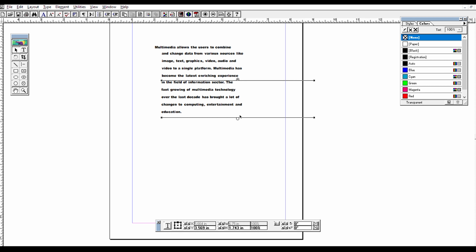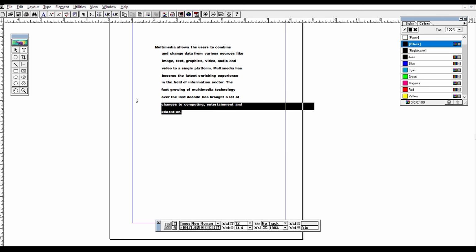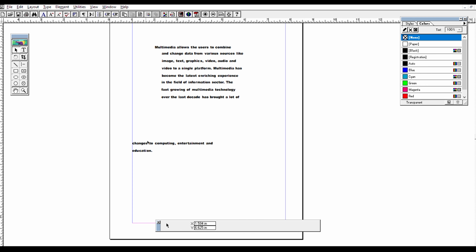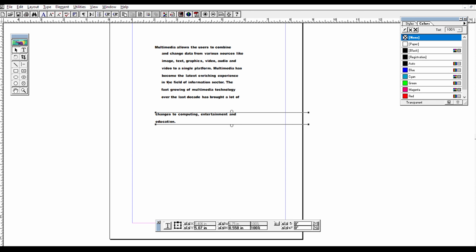Next, for unthreading, you have to first select it with the text tool, go to Edit and Cut, or you can use Ctrl X also. Then wherever you need, you can move somewhere and paste it using Edit Paste or Control V. You made it unthreaded. You took these two lines from this and unthreaded it. Okay, now clear about this?